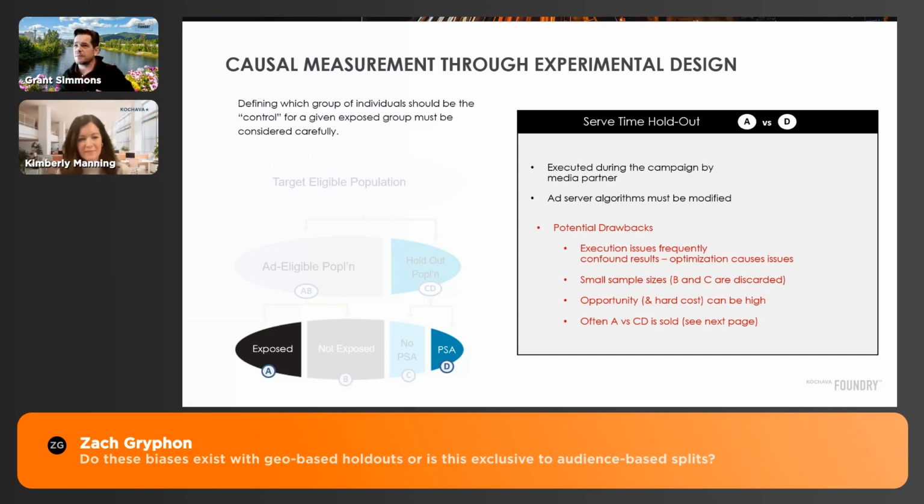Oh, yeah. Hey, Zach's bringing up the notion of geo-based holdouts. It's one I don't get into here historically, and it might be known as sister market testing. When I was on the brand side and retail, we used to do a lot of this where we would absolutely surge a DMA or a series of DMAs, and we would go dark in another. And we would do a lot of modeling work to understand what sister markets tend to move in concert with each other so that we had a universe of markets we could test against a pretty good market control. It needs a lot of data to do it.